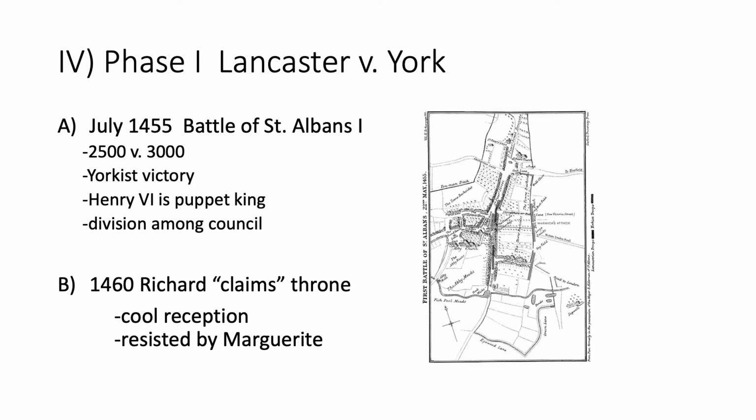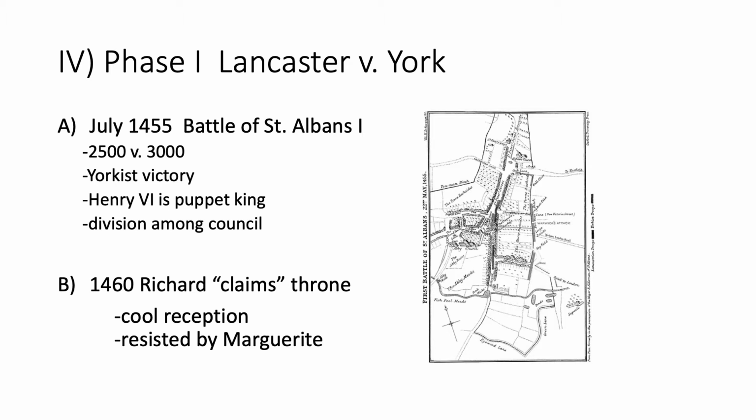So where we left off in 1455, after a brief period as protector of the realm, in the absence of Henry VI, who wasn't really able to rule because of his mental challenges, we see Richard of York banished from court. Once Henry returns to a position of lucidity, his wife explains to him what had happened, and in particular identifies Richard of York as the cause of all their problems.